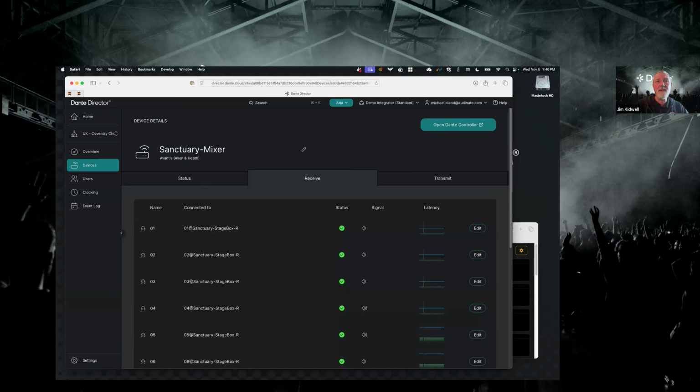Here's another question. Any plan to have diagnostic ability or troubleshooting checklists linked to error data? For example, using AI, Dante Director suggests the next troubleshooting step. So yes, I'm hesitant to use the word AI, but we are obviously going to be improving the product as we move on and taking suggestions of what will be helpful. So we don't have any